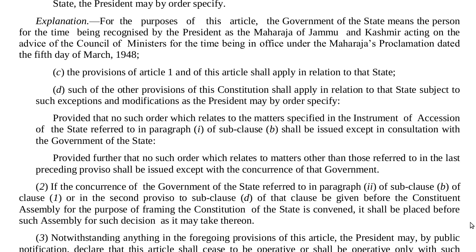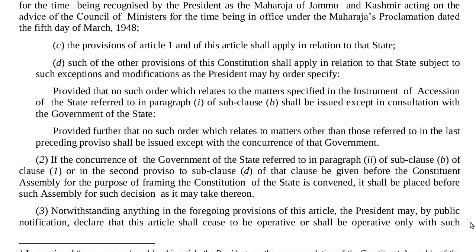D. Such of the other provisions of this constitution shall apply in relation to the state subject to such exceptions and modifications as the President may by order specify, provided that no such order which relates to the matters specified in the instrument of accession of the state referred to in paragraph 1 of sub-clause B shall be issued except in consultation with the government of the state, provided further that no such order which relates to matters other than those referred to in the last preceding proviso shall be issued except with the concurrence